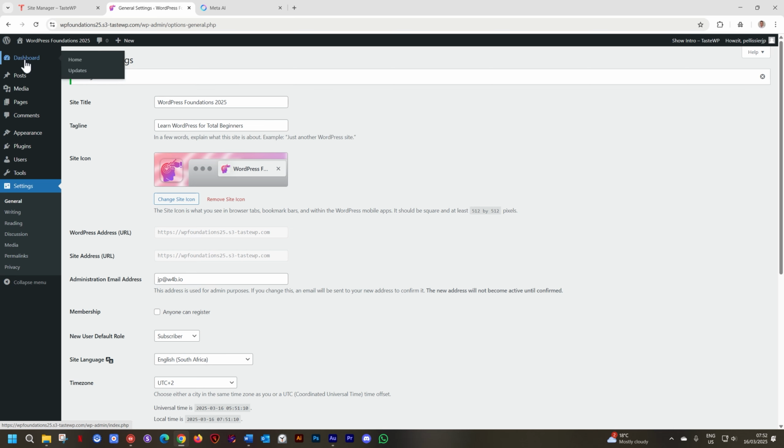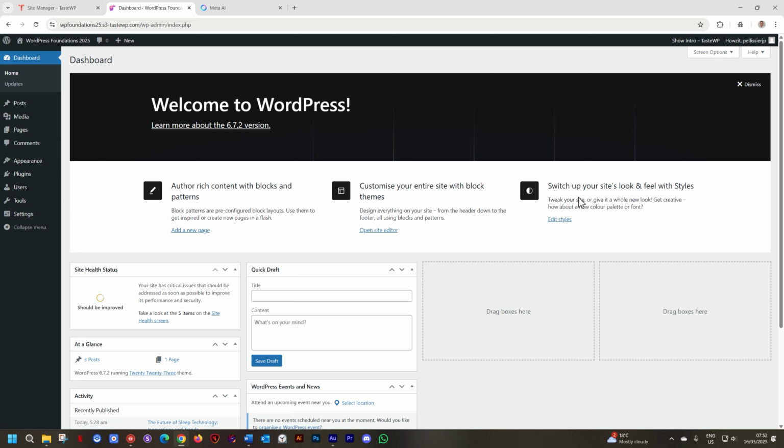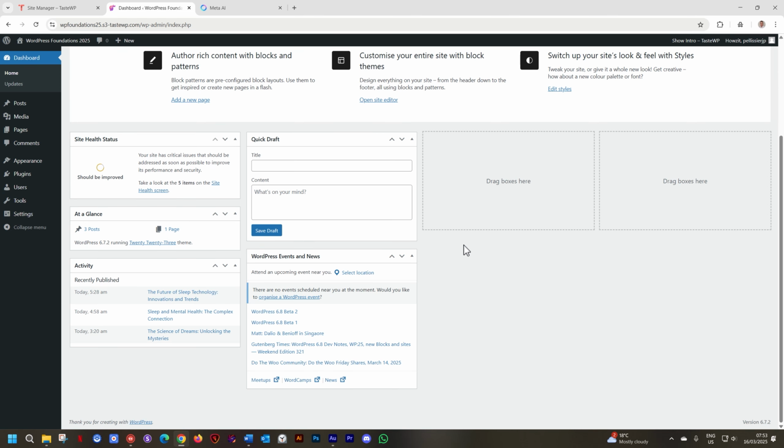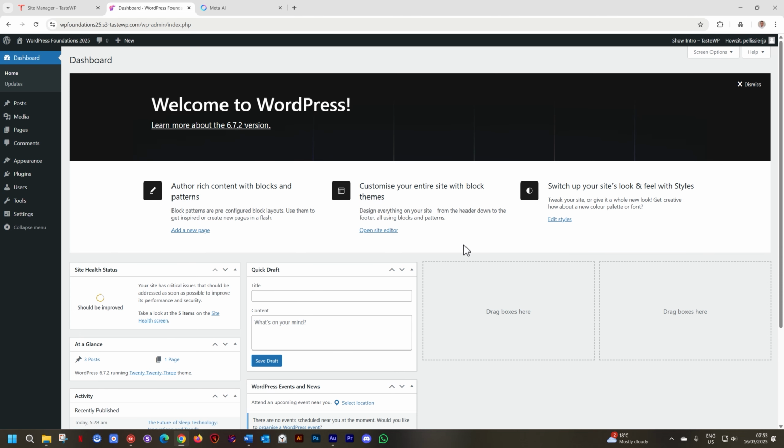dashboard. And when I click on this area here is the dashboard. This navigation sidebar is not the dashboard. The back end is not the dashboard. The back end is where you get everything. The dashboard, which you currently see here, is just one part of the WordPress back end. Why do I make a thing about it? Because we often talk about the dashboard as the WordPress backend.